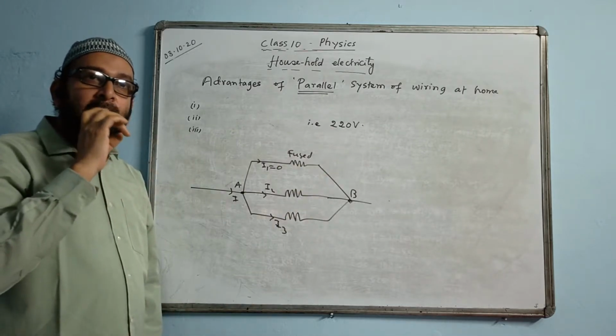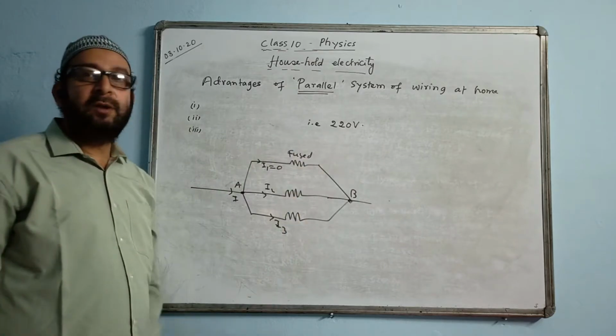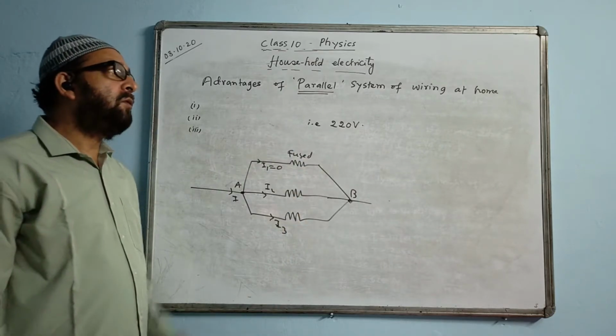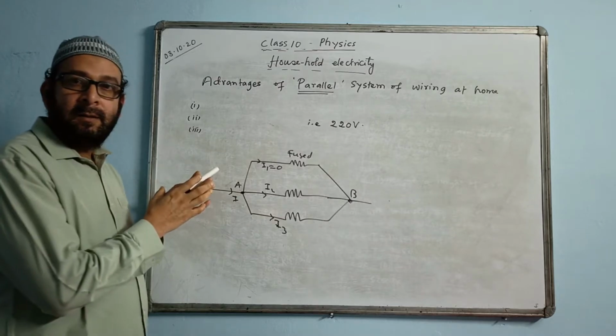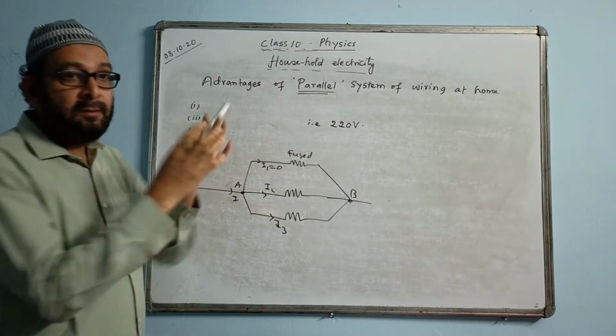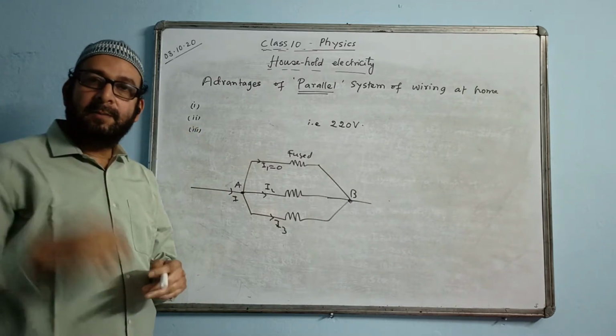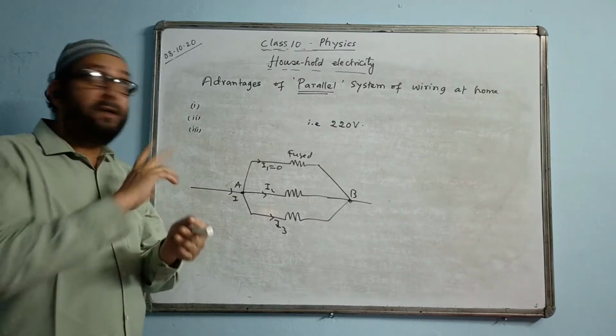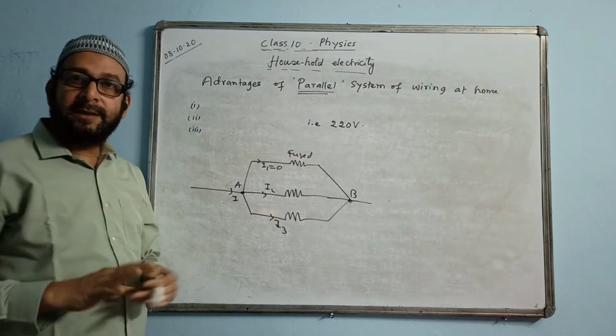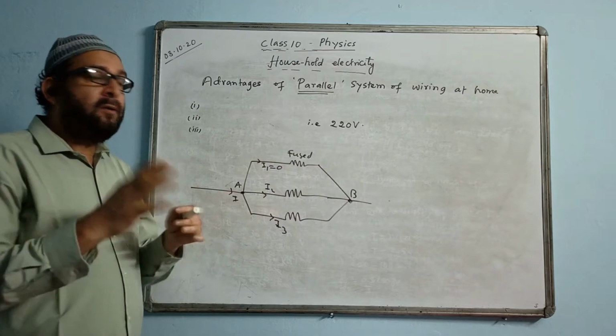In India, throughout, this kind of voltage only is used. What I mean to say is, suppose you buy an appliance in Delhi and you want to use it in Kalimpong or maybe some other place. You can use it because the voltage supply in the entire country is the same. So it is not varying.